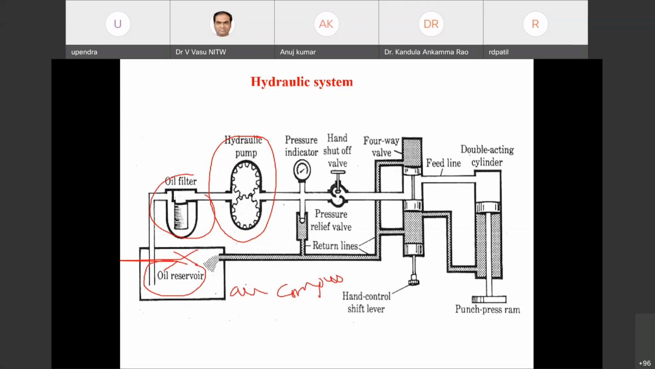at a very high pressure, some 10 bar. We can have some 10 bar pressure, and that compressed air is going to be used as the working fluid in this particular application. Okay, so